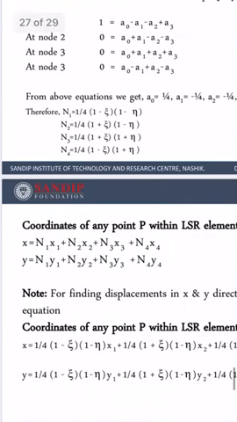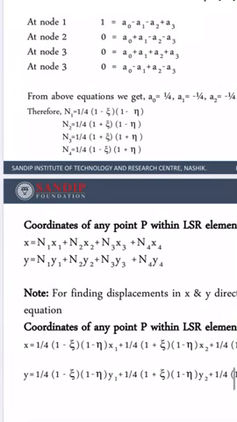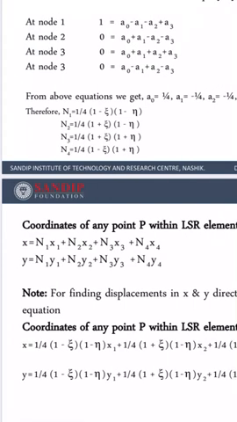Okay, so by using these n1, n2, n3, n4, now we can write the generalized coordinates for any point P within the element as x is equal to n1 x1 plus n2 x2 plus n3 x3 plus n4 x4. Similarly y is equal to n1 y1 plus n2 y2 plus n3 y3 plus n4 y4. Okay, so